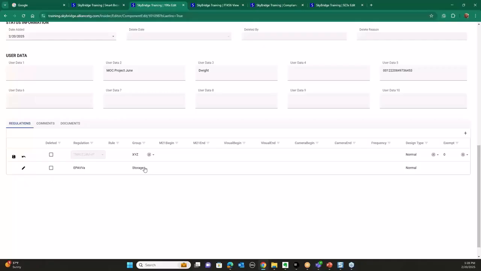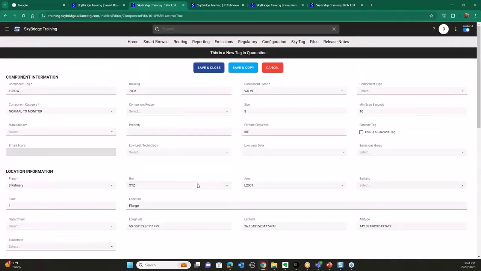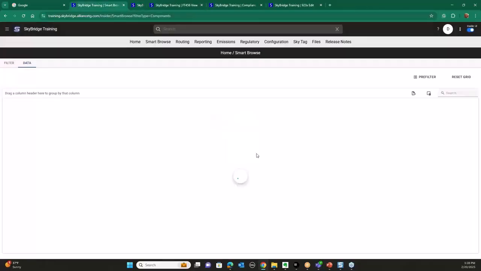And this is a new component now. Save that, edit this one, change to XYZ. Okay, save that. Now remember, these are not registered yet. So when I save that and close it, it goes to quarantine,